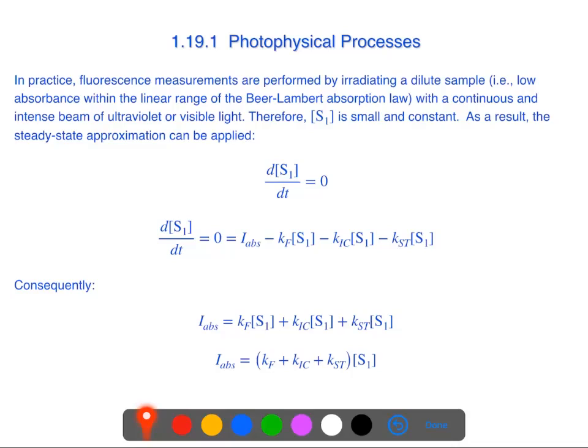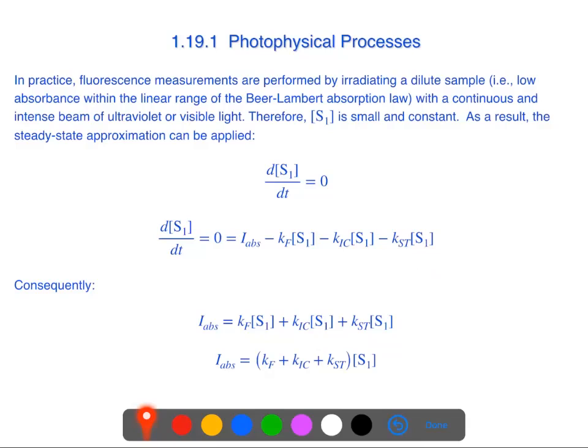As a result, we can apply the steady state approximation to this particular expression. So dS1/dt we can equate to 0 because these conditions are consistent with the steady state approximation in that the concentration of this intermediate species S1 is relatively small, as well it is constant during the course of the reaction. So being able to equate the net rate of change of S1 to 0